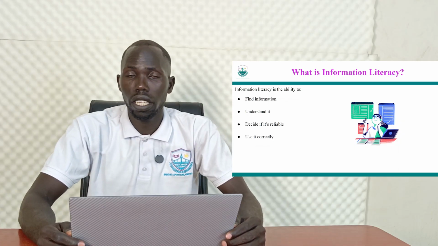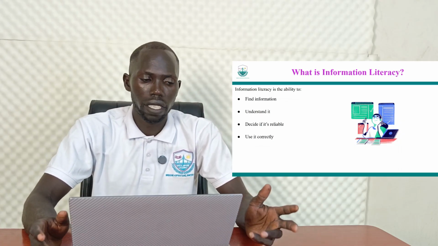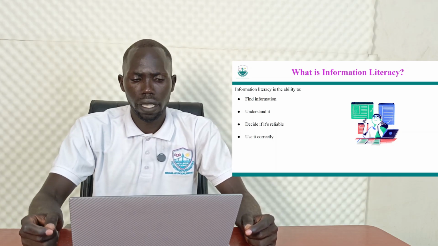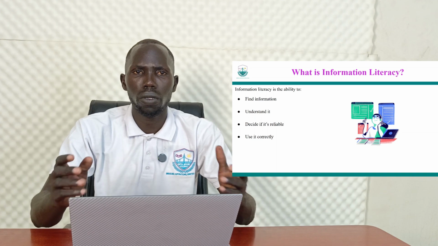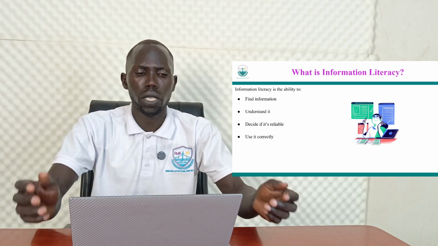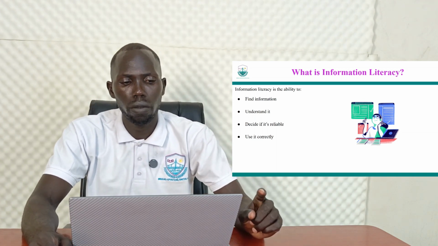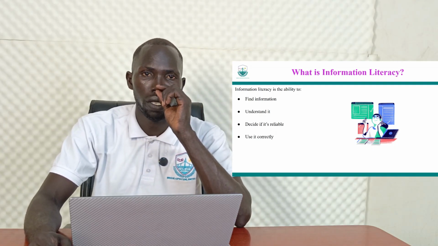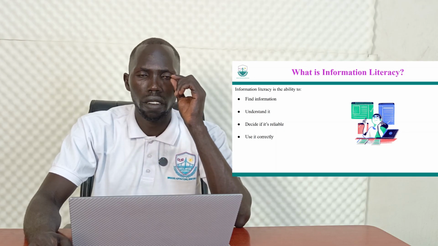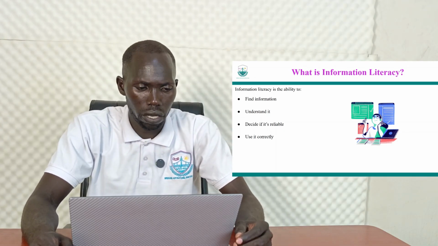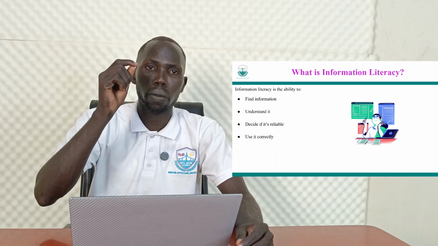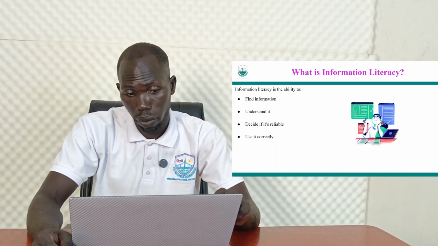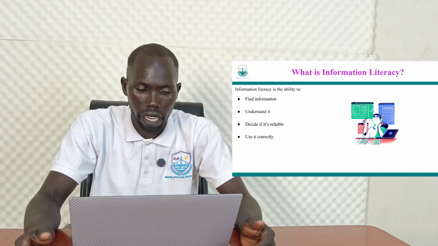What is information literacy, therefore? If information is the facts, the details, the knowledge that we read, we hear, or we see, anything that helps us to know something, what therefore is information literacy? In simple terms, information literacy is your ability to find information. When you're able to find information, we term that as information literacy. Or when you're able to comprehend information, that is said to be information literacy. Comprehending is similar in meaning to understanding.